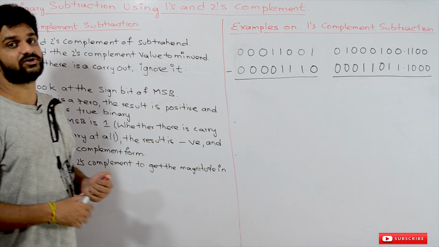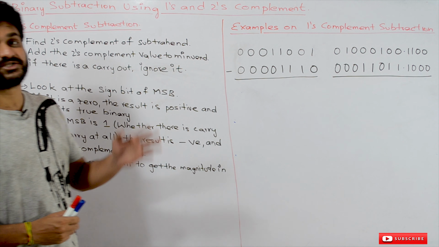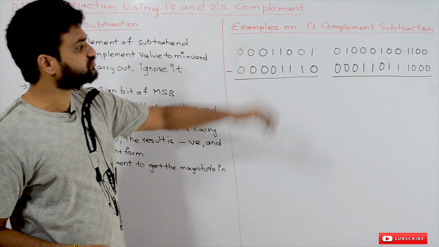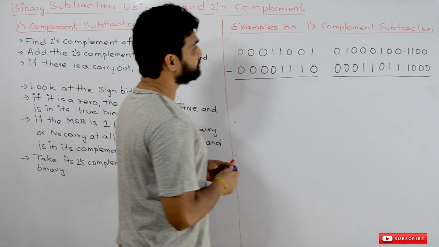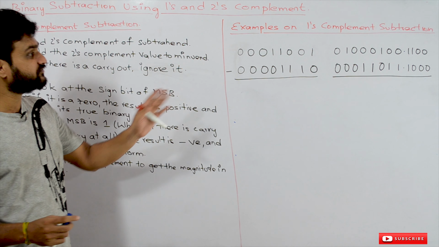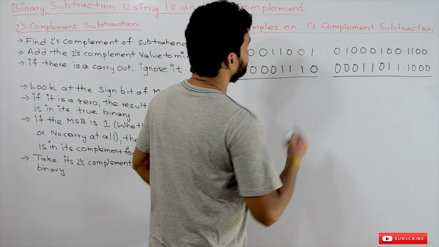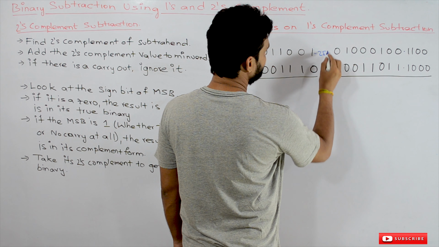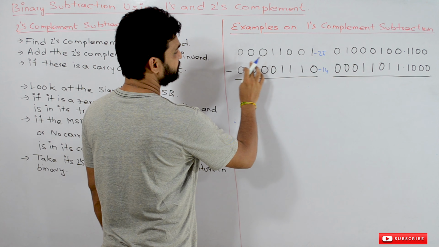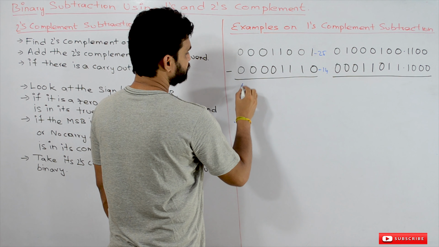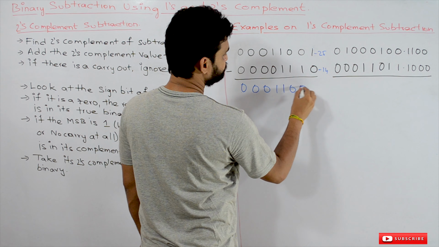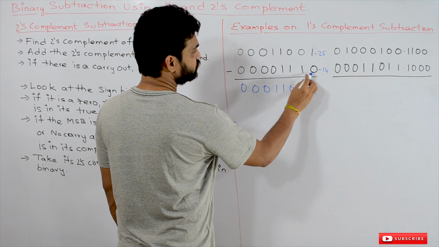Let's try to understand the concept of binary subtraction using the 2's complement method by solving these two examples. The examples are the same as those we took in the 1's complement. Let's check whether we are getting the same result or not. There we said that it is 25 and this is 14, and now we have to take the 2's complement of this number. So before that, we will take those numbers again, and take the 2's complement of it.